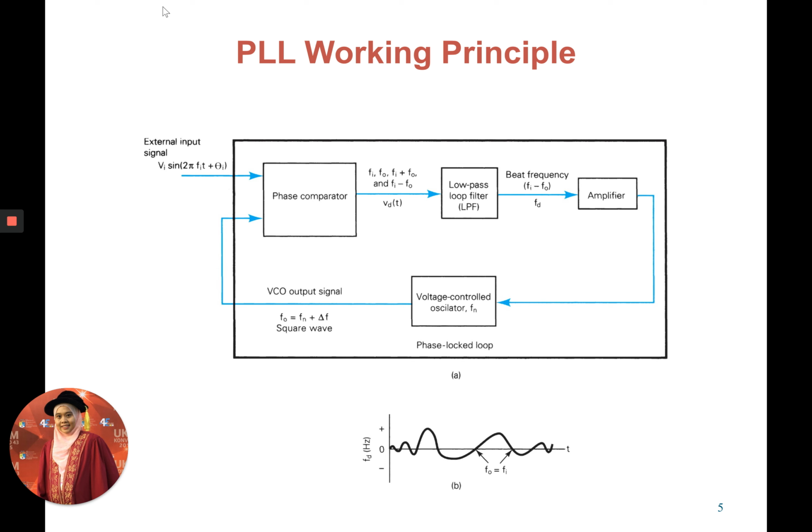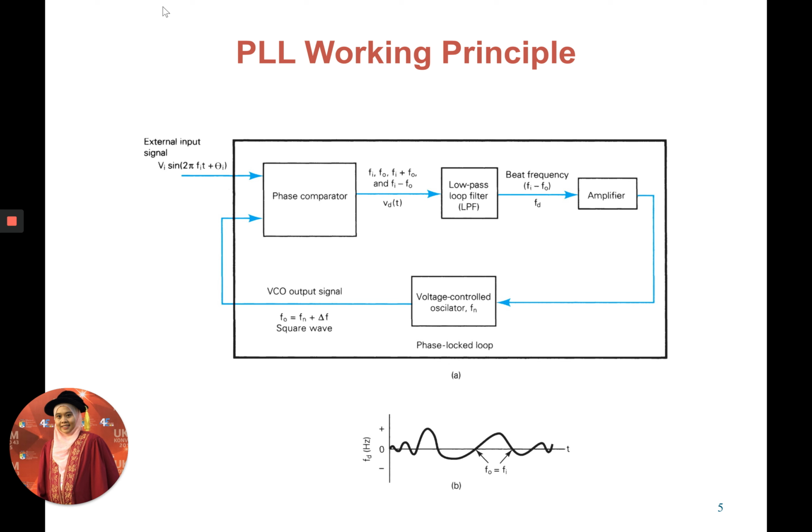but this is the block diagram that is similar to the one I showed previously. The external input signal may have Fi as the input frequency, and it will pass through a low pass filter and also the amplifier to get the desired frequency FD to be input into the voltage control oscillator, and we will use the natural resonance frequency from the VCO to get the output